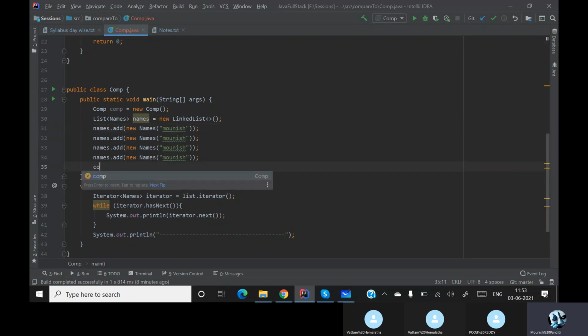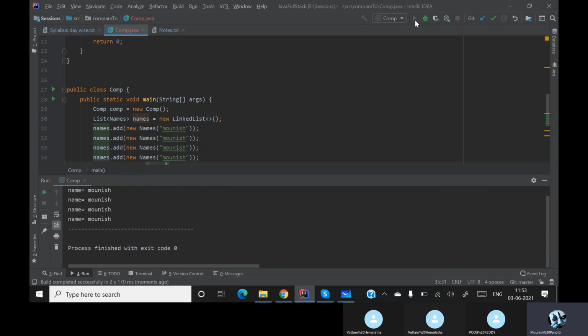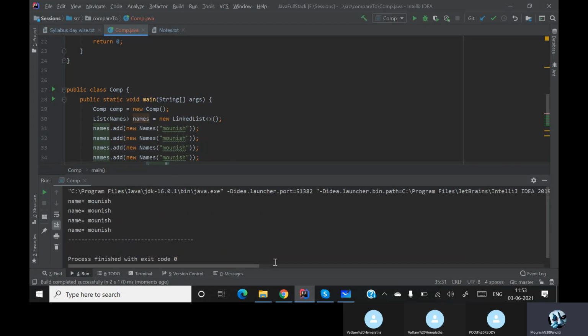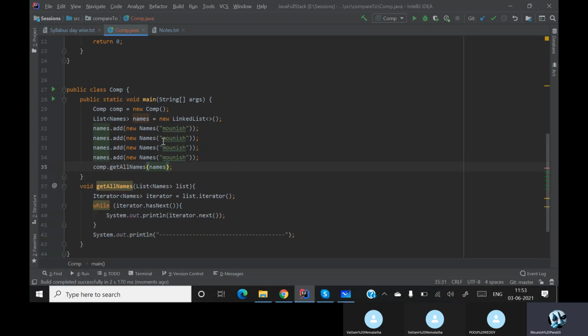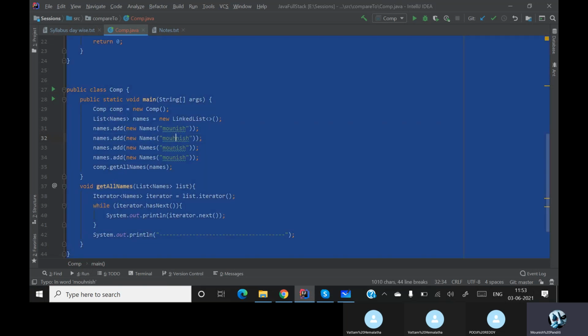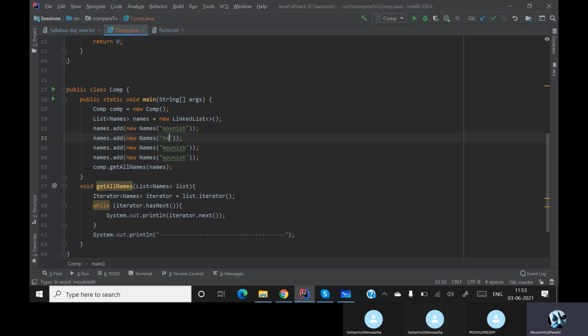Now with the help of my object I am calling my names, no errors. If I run this, you see here I am getting my names. So let me put our names, whatever we thought: Hema, Pujita, and Lata.